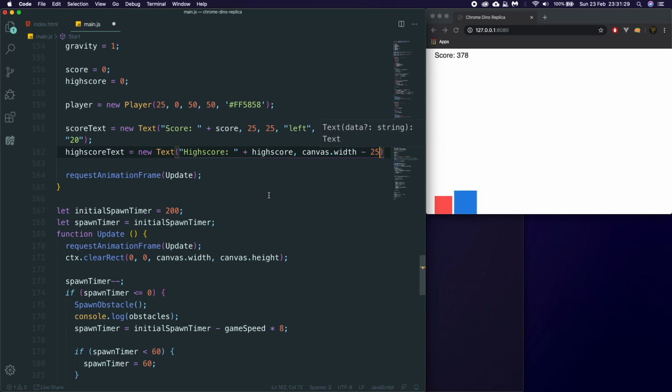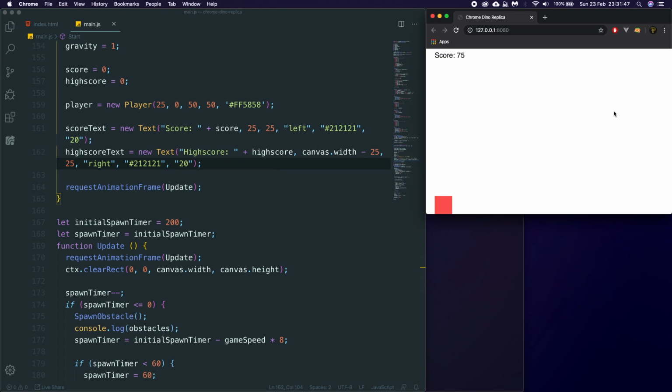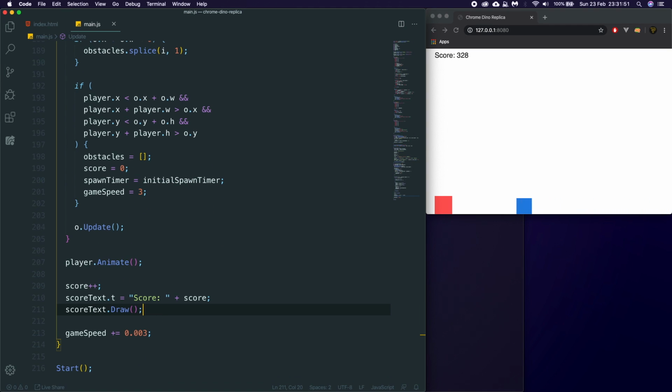We'll say 25 again, and we're going to set it right because we want it to sit on the right side, and we're going to give this the 212121 again, and also a size of 20. Hit save. Oh, we need to draw it. So back down here, we want to say,